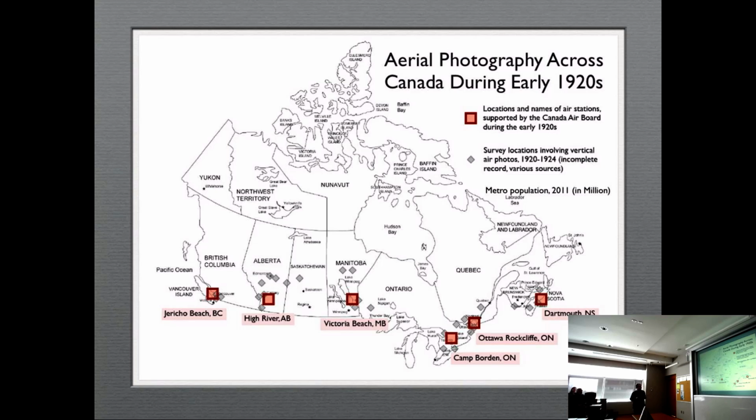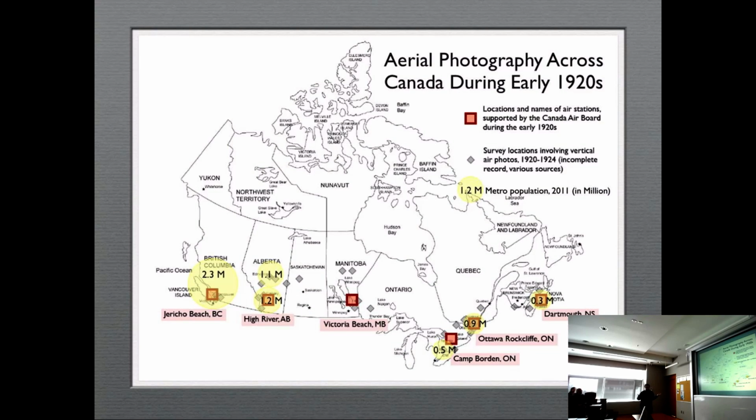If you take all the efforts from the various stations and the collections of the air photos, you end up with about 5,000 photos that cover these major cities. The population that lives in these cities that are covered by the photography is about 6.5 million. So every 5th Canadian actually could have access to his or her first set of photographs of their hometown, whether it's Halifax, whether it's Vancouver, or Ottawa, by going back into the archives.